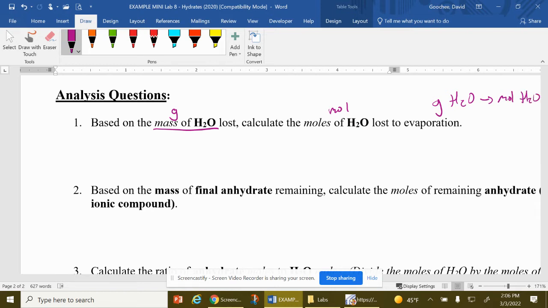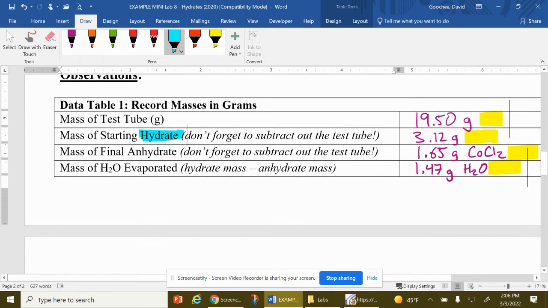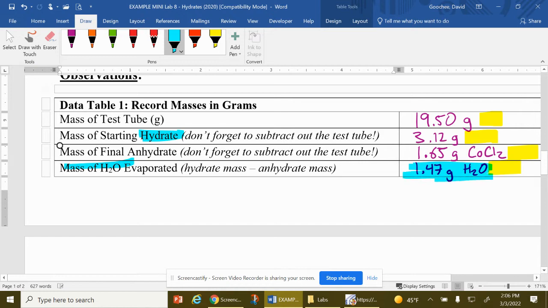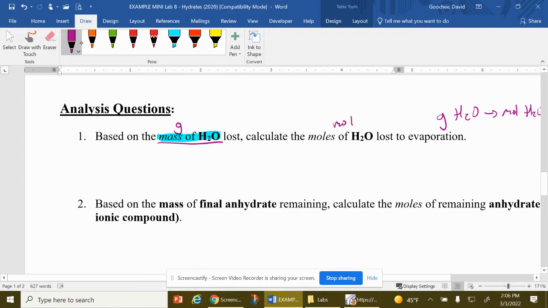How many grams of H2O did we lose in this? And I'll highlight it with blue, all right, because water is blue. So up here, we see that the mass of H2O was this bottom number right here. So I lost 1.47 grams of H2O when I heated up this crystal. Let's figure out how many moles that is. All right, so I start with